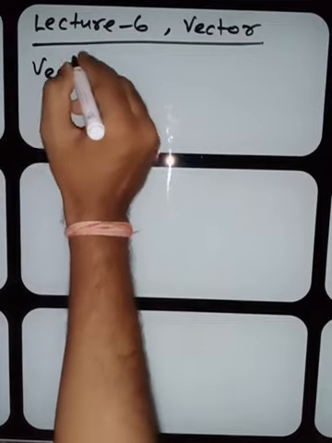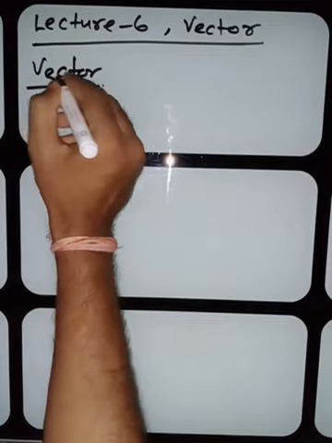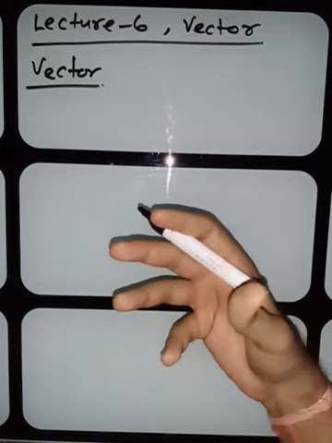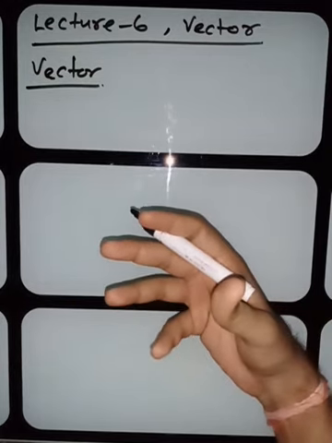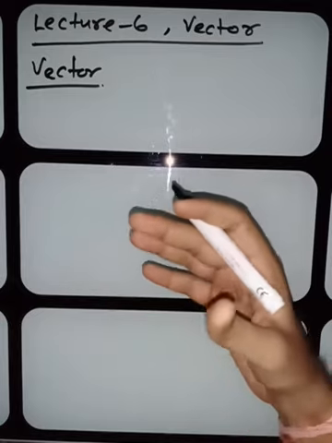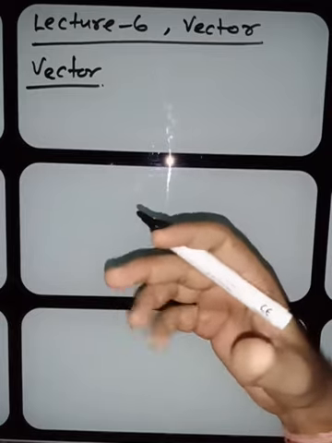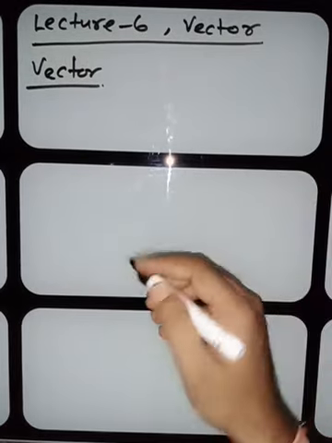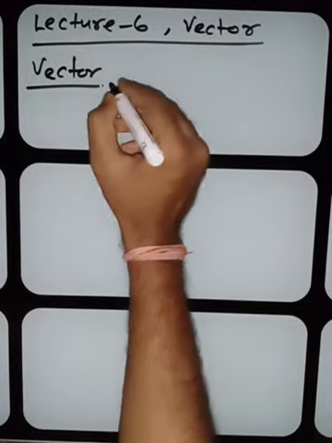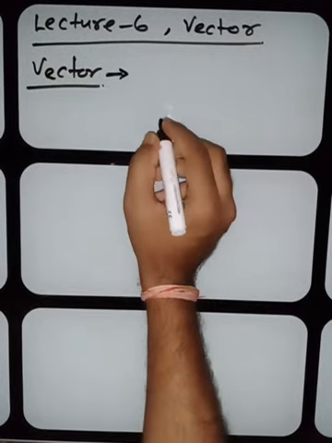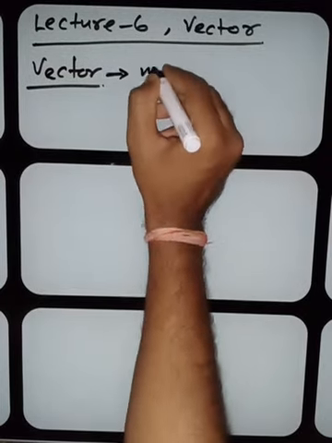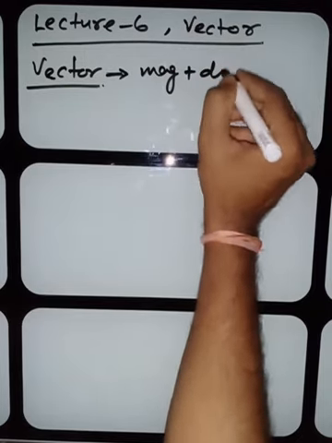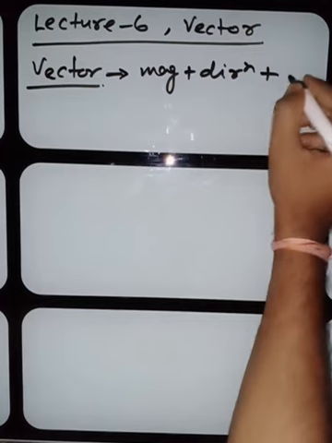So the vector quantity, student, the quantity which possesses magnitude and direction as well as they obey the law of vector addition are considered as the vector quantity. Remember, I am writing here what are the required conditions for the vector quantity. If any physical quantity, it should have magnitude, it should have direction, all right, and obey